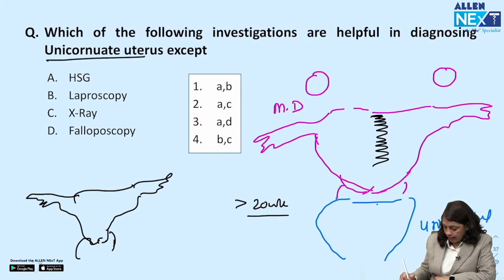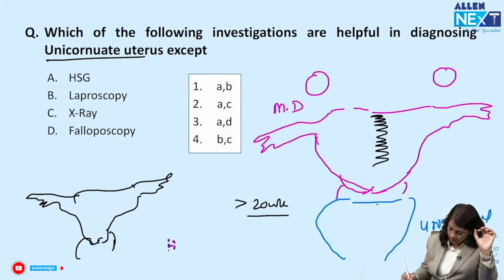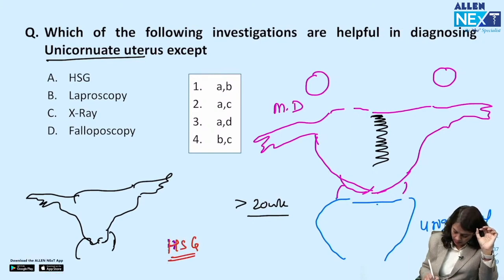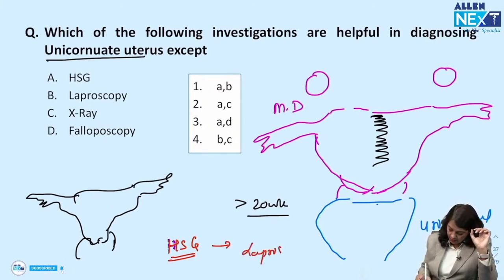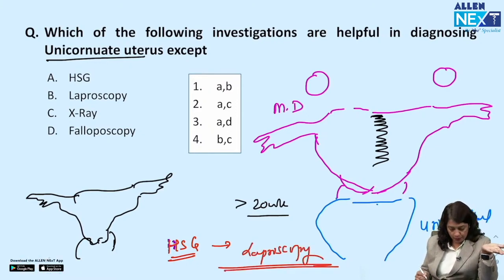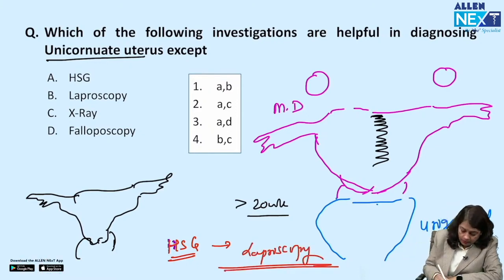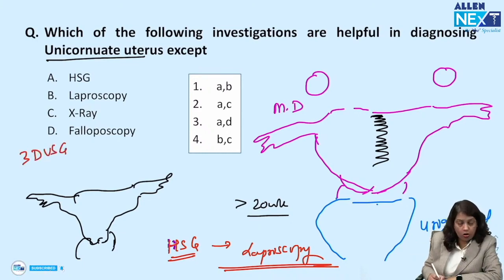So unicornuate uterus we will be able to diagnose by HSG, hysterosalpingography, and another investigation where you can confirm is by laparoscopy, or nowadays investigation is 3D ultrasound if you talk about